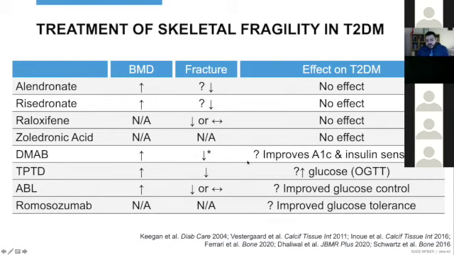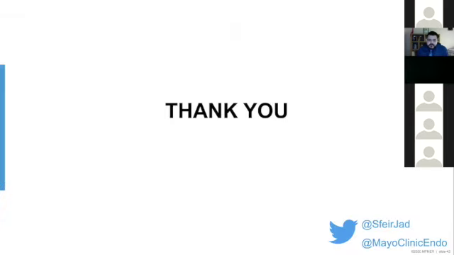Maybe even impact on glucose itself, glucose metabolism itself. Denosumab is showing, maybe at least in mouse data, that there could be improvement in A1C and insulin sensitivity. Same for romosozumab. Teriparatide and abaloparatide in human data are showing only, in one study, teriparatide showed increase in glucose, decrease in tolerance, but this was not seen in the larger clinical trials. And I thank you for your time and happy to answer any questions.